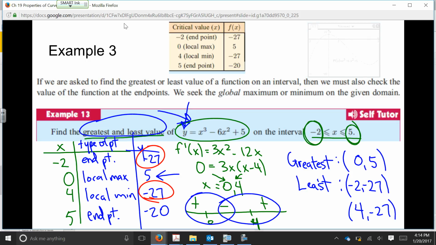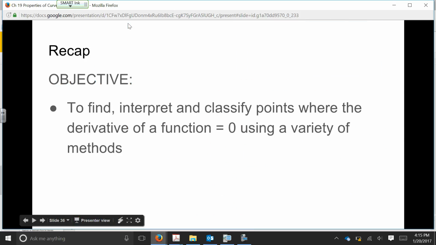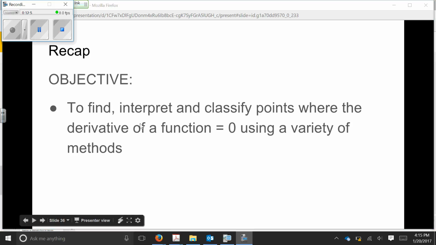And you could look at the curve and kind of see that that's exactly what is going on here. When I have the point -2, I'm at the same y value as when I'm at x equals 4. And yes, 0, 5, that is the maximum or the greatest value for that function. So that's it there, just talking about what could be happening when the derivative equals 0. As we see, it could be a local max, could be a local min, or could be a stationary inflection. And that's it. And next time we'll come back and spend